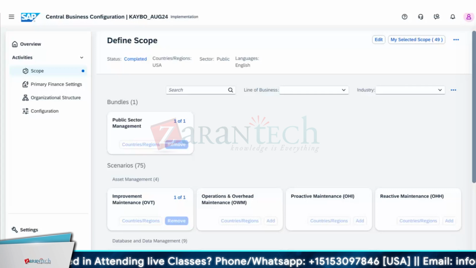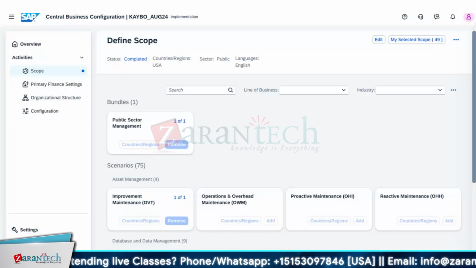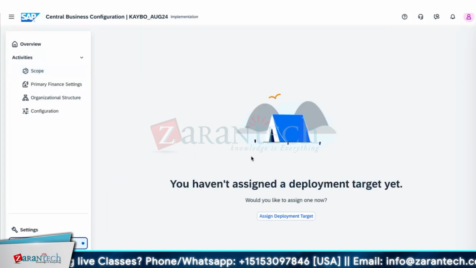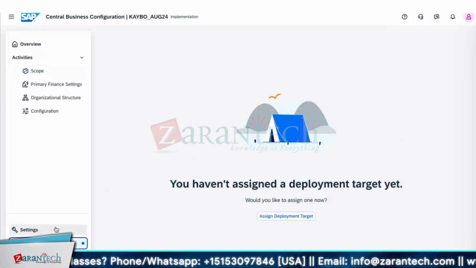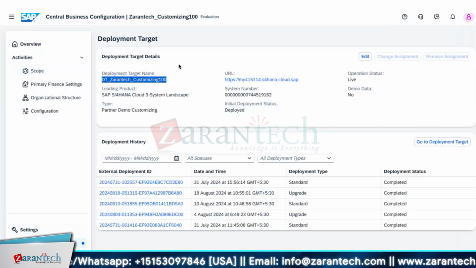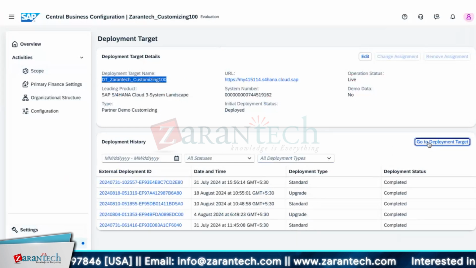This is the one which I told you about. This is the deployment target app. You can see it here, right? If you switch a project, you can see that, right? In this also I have just shown you. This is your list of deployment target history which happened. The moment you go to this deployment target here,